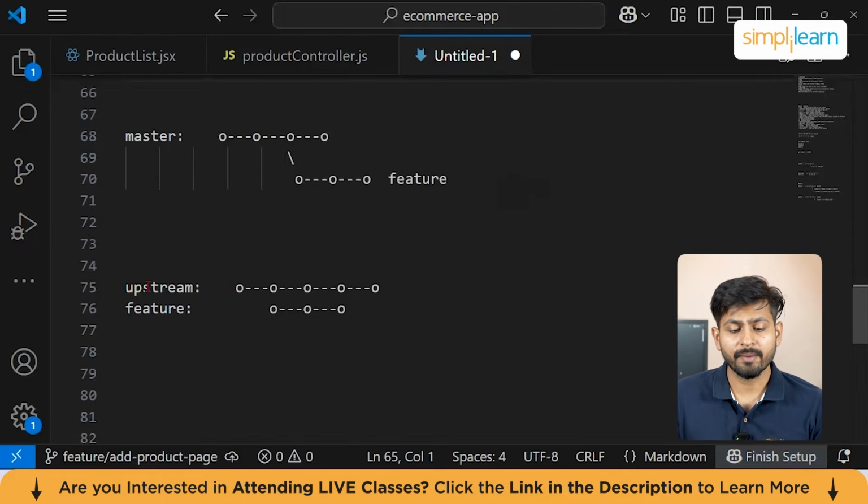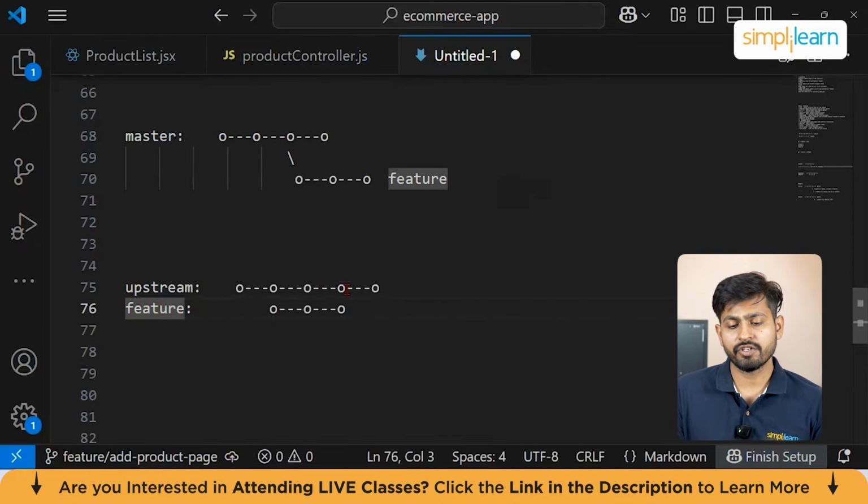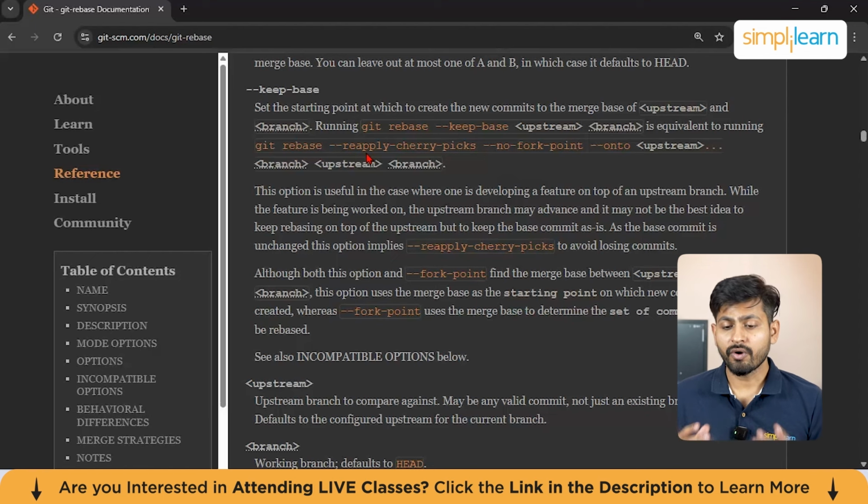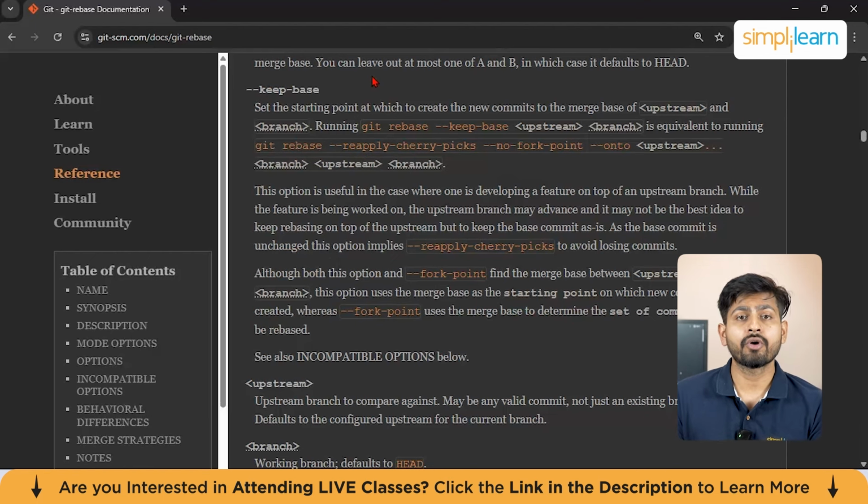imagine that we have this upstream branch and this is our given feature branch and these are the respective commits. Now the upstream has changed and you want to keep the base as it was originally, not the latest commit. Now with --keep-base, you can keep the base commit for the feature branch, avoiding unnecessary rebasing. So this is very interesting, and you can also see